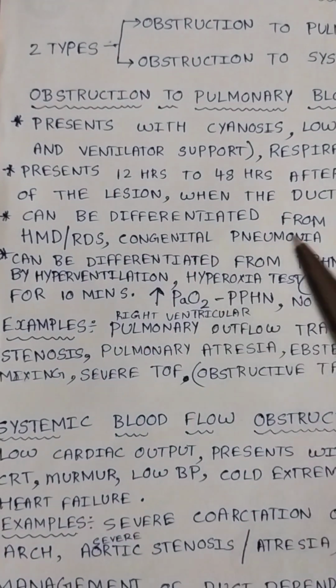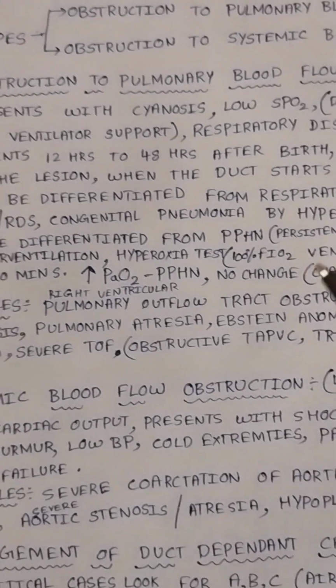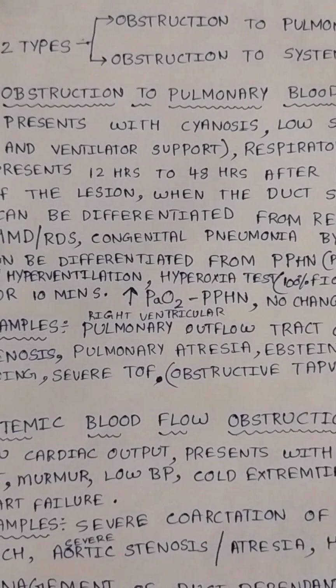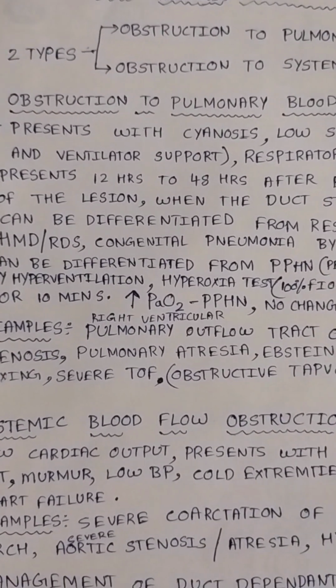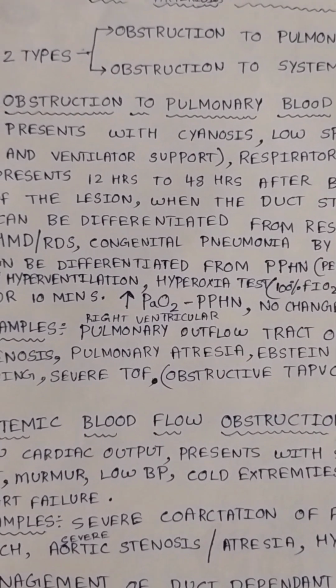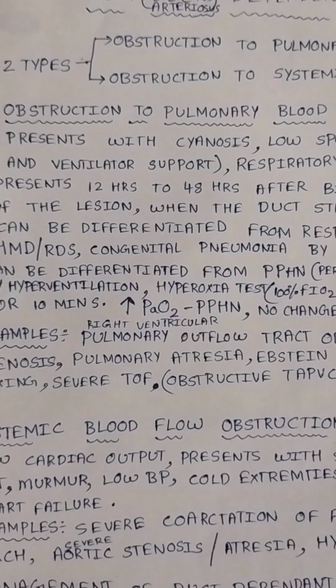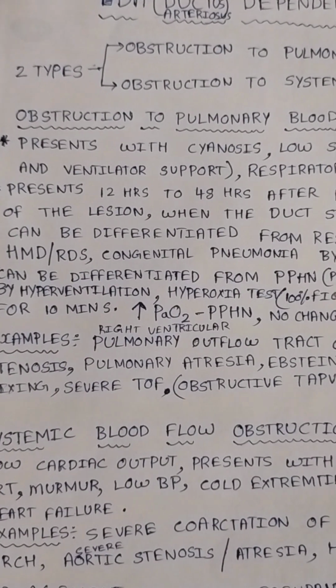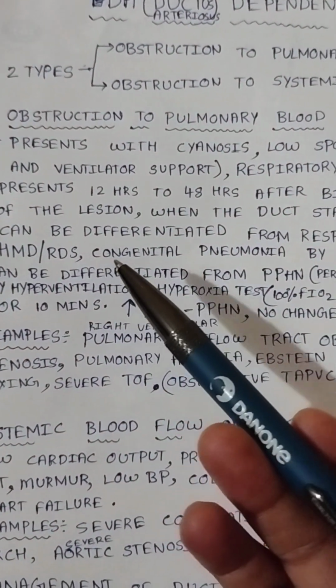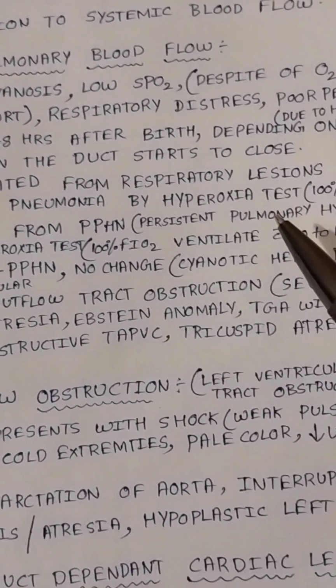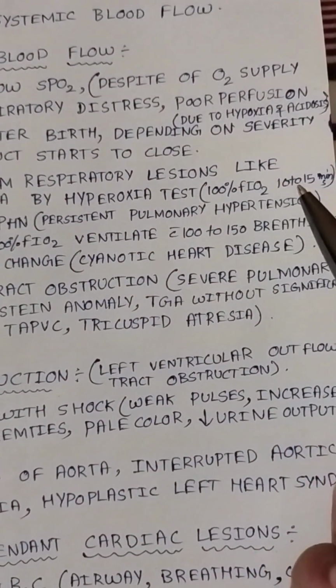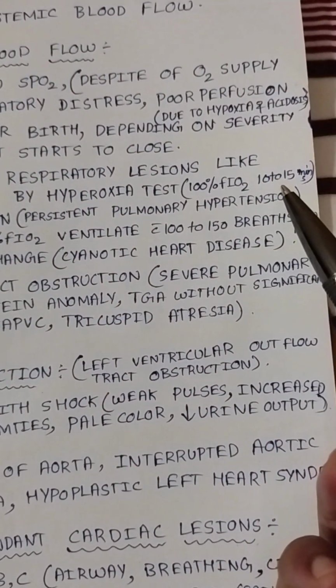hyaline membrane disease, congenital pneumonia. So you should differentiate these lesions, because in severe hyaline membrane disease and severe congenital pneumonia also, there will be cyanosis and low saturation. How to differentiate from the respiratory lesions like hyaline membrane disease and congenital pneumonia is by the hyperoxia test. So if you give 100% FiO2